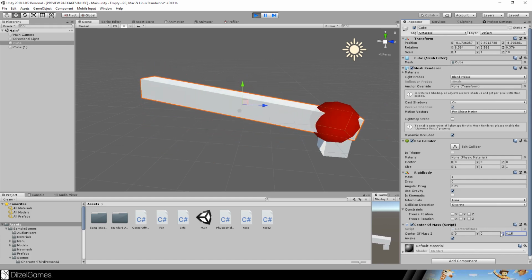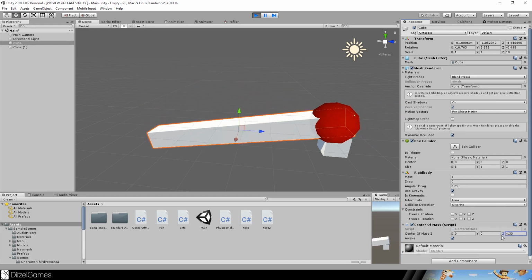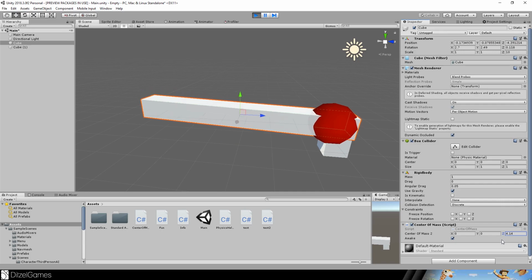For example, if you want to have some constructions like this, or you want to set the center of mass